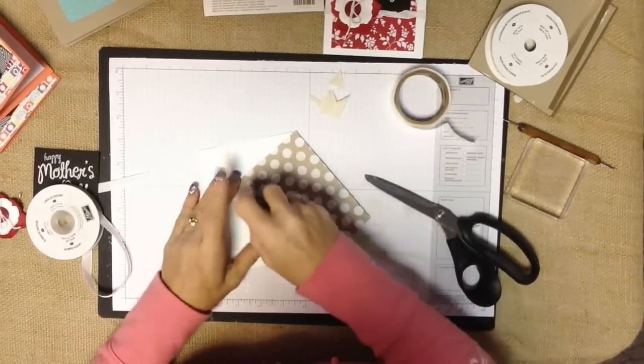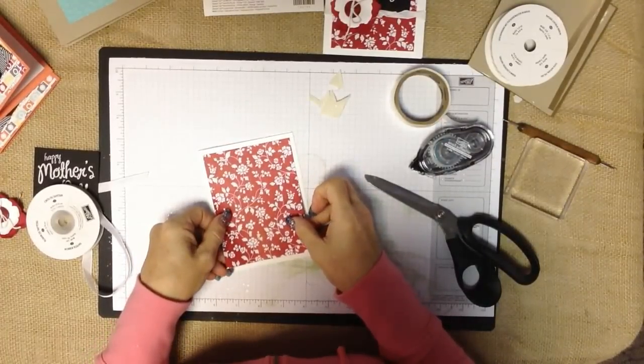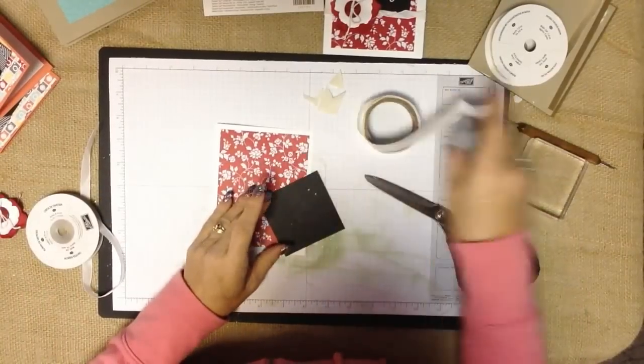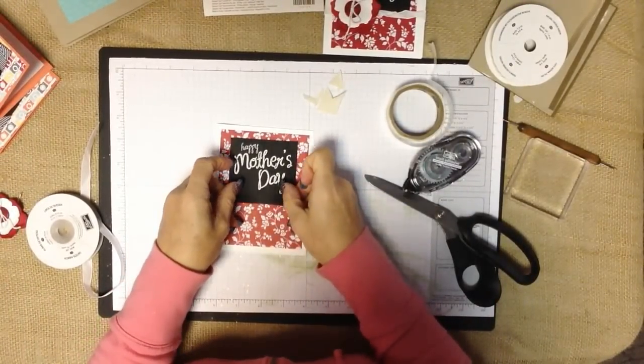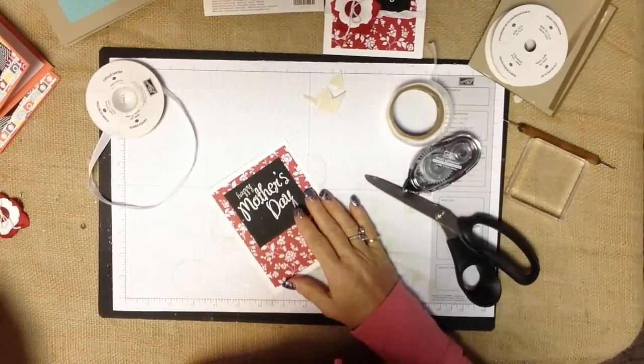This is one of our print pack paper packs. I love the color scheme in this print pack, but we kind of went with a classic red and black look. We're going to go ahead. I've embossed our Happy Mother's Day greeting in white. I'm going to lay that down. And now what we're going to do is,